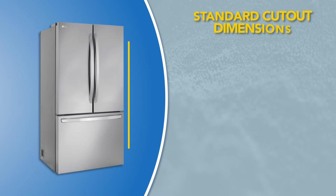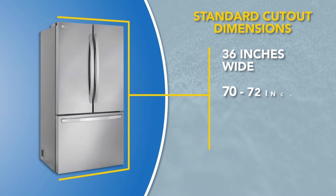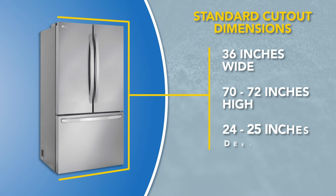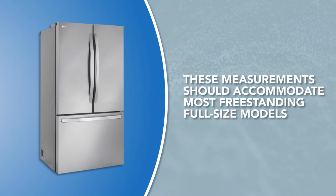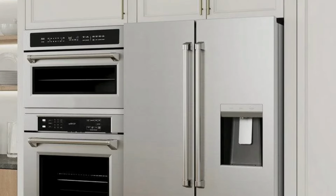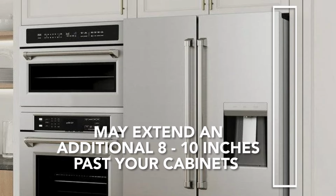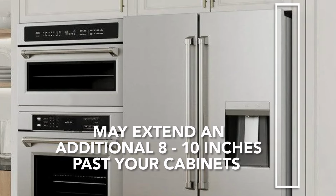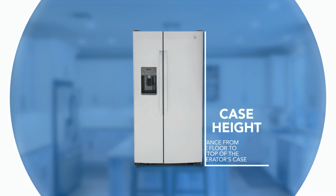For most full-size freestanding refrigerators, the standard cutout dimensions are typically 36 inches wide, 70 to 72 inches high, and 24 to 25 inches deep. These measurements should accommodate most freestanding full-size models. Though if you aren't selecting a shallow depth model, the refrigerator will extend an additional 8 to 10 inches past your cabinets. It's also essential to understand that refrigerators have two height measurements: case height, the distance from the floor